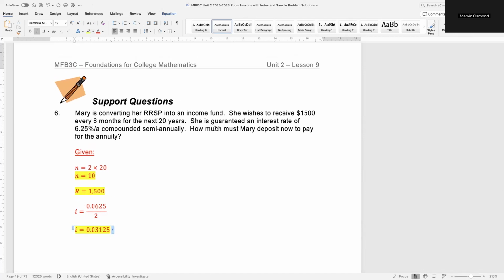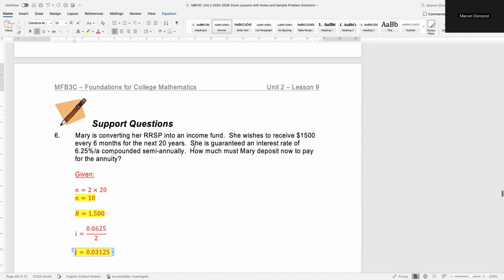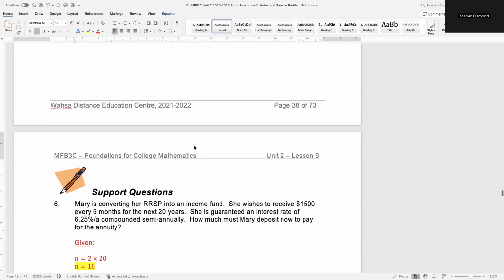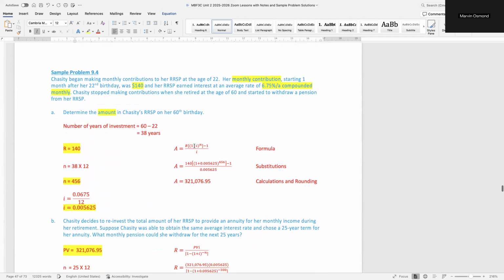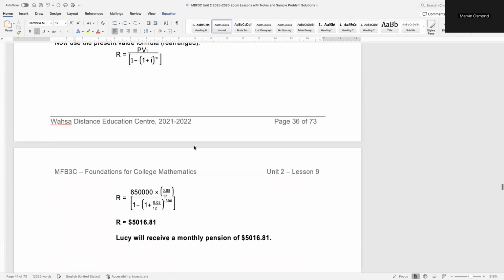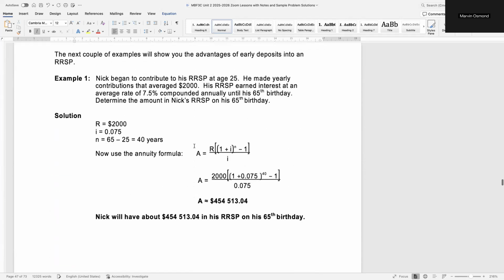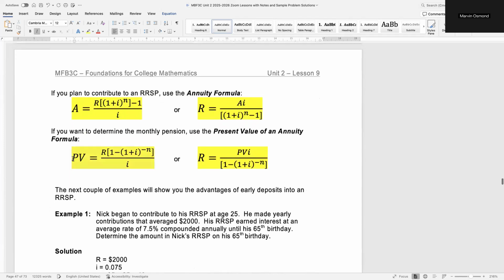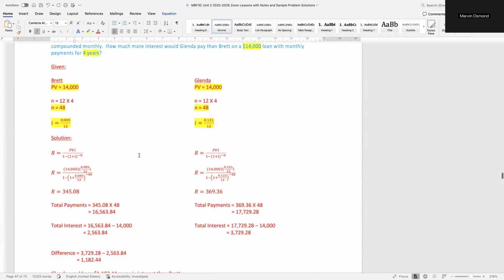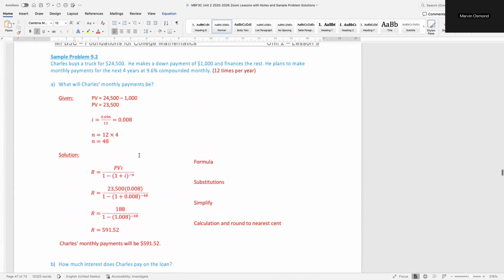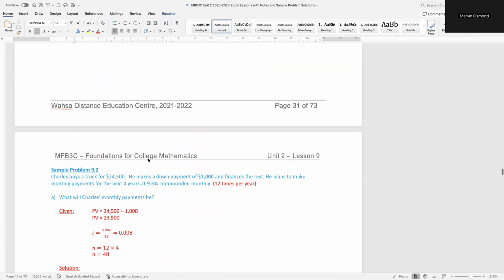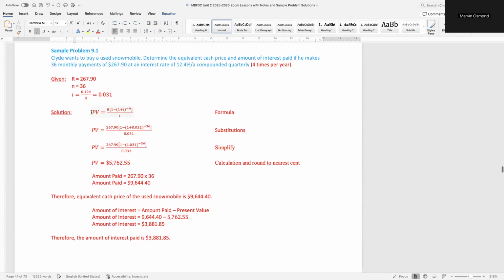So the question says, how much must Mary deposit now for the annuity? We need the present value formula because we're asked for present value. What you need to invest now. So the present value formula is that one there. Okay, we'll get there eventually. So this formula right here. So my solution,